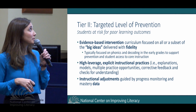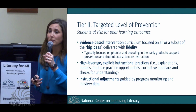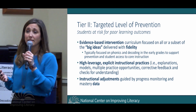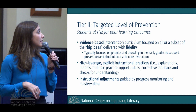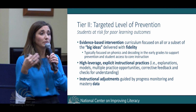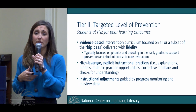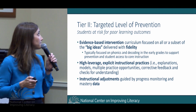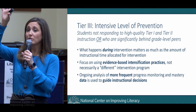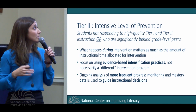And then high leverage explicit instructional practices. So looking at explanations, multiple practice opportunities, lots of corrective specific feedback, and lots of student practice. And then instructional adjustments are guided by that progress monitoring piece. So as we're collecting more data in Tier 2, we're using that data to drive instructional decisions for that Tier 2 instruction. And then Tier 3 is that red triangle, that 5% of students who aren't responding to high quality